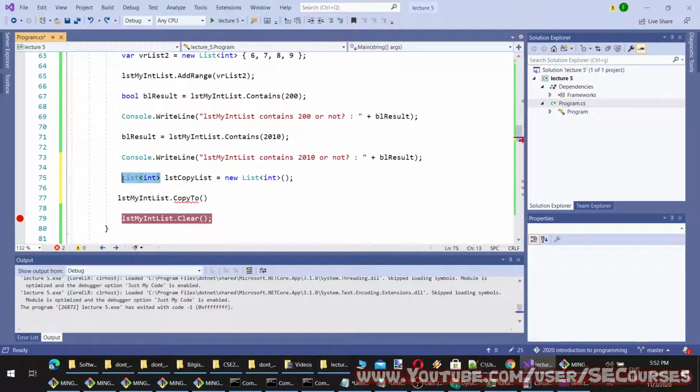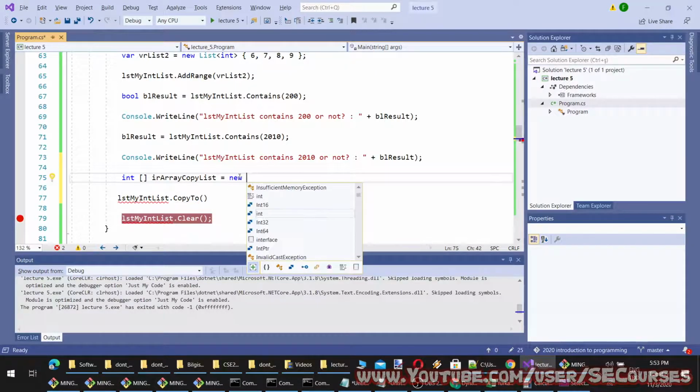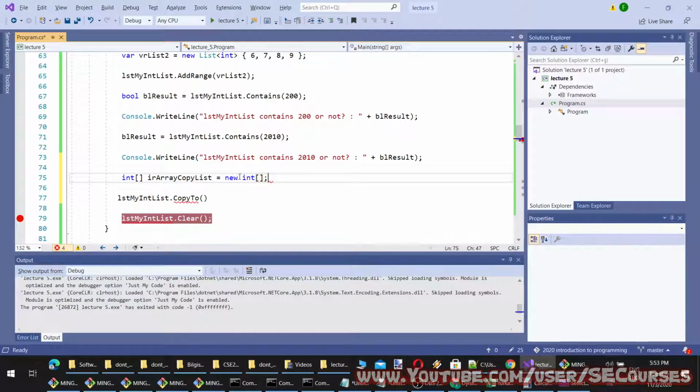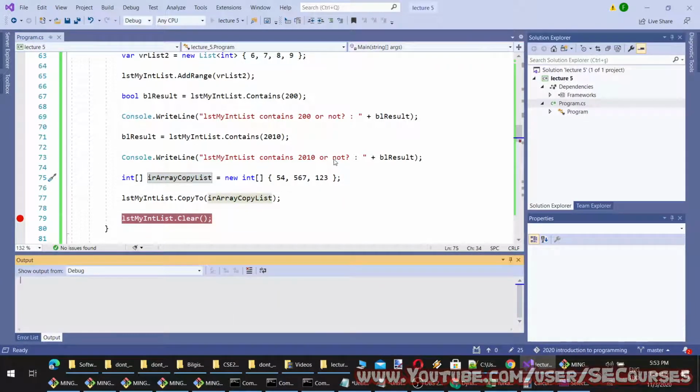By the way, when you make a copy or such, it will overwrite the previous values. Let me show you. For example, my list contains these numbers, and when I use the CopyTo method, this array will be reinitialized.